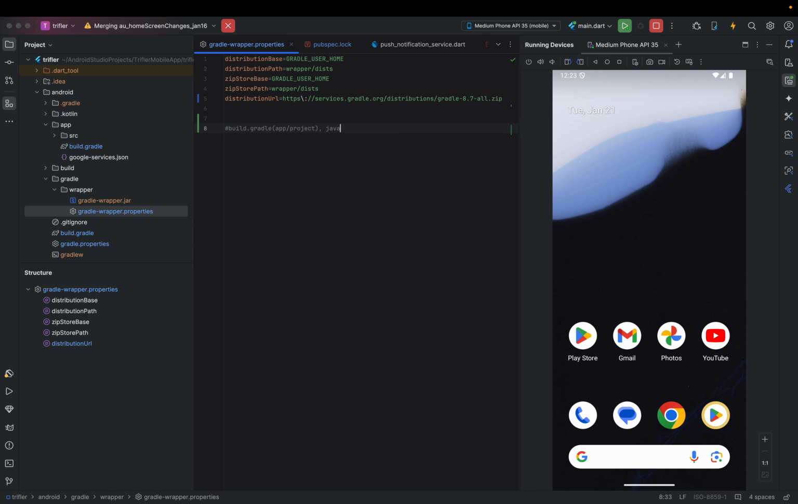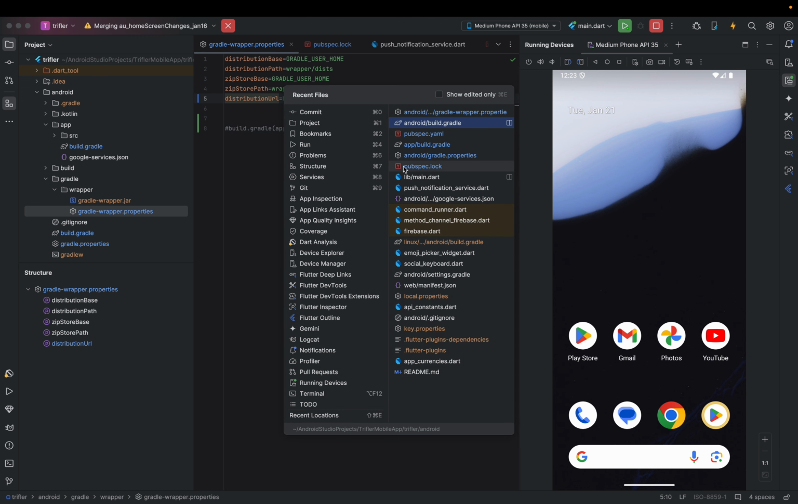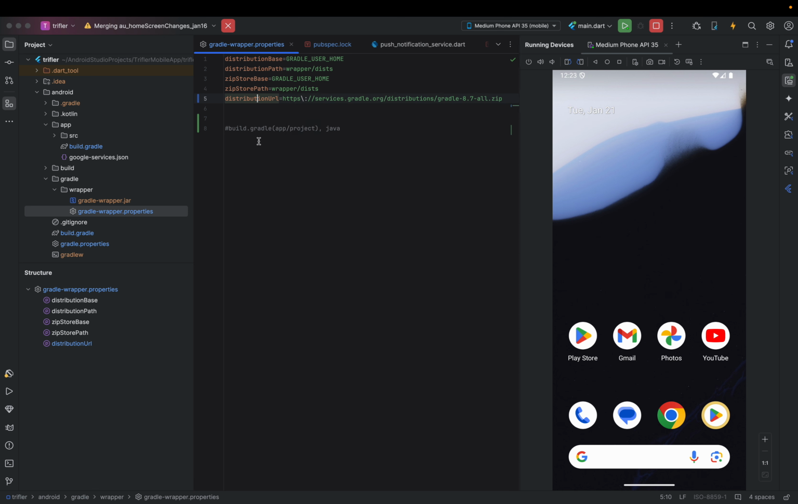Android Gradle plugin version, Java version, and Kotlin version need to match. For the Android Gradle plugin, the distribution URL should be 8 plus. You can see I made the changes in the app level and Android level build.gradle, the plugin, Gradle wrapper properties and Gradle properties. For project to project it could vary, right? So you can see